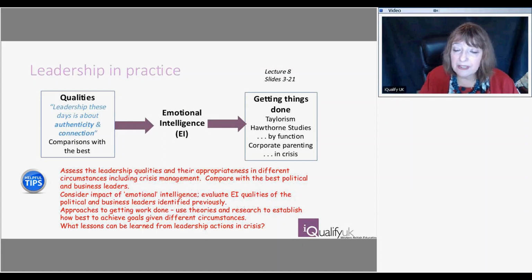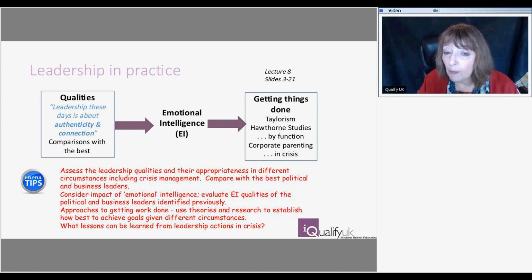So you've got the qualities, you've got the emotional intelligence to deal with people and to be aware of yourself, and that leads then to getting things done. And there were a number of different models and theories that would help us with this, but I would point out the concept of Taylorism, which is the scientific approach to management. The Hawthorne studies, which, if you remember correctly, were looking at